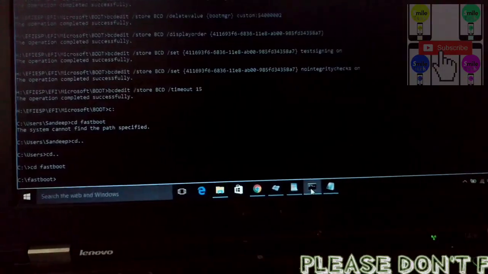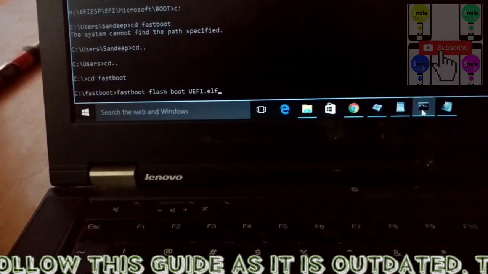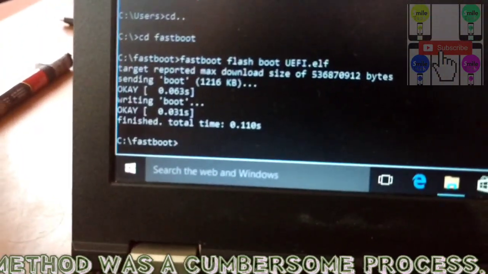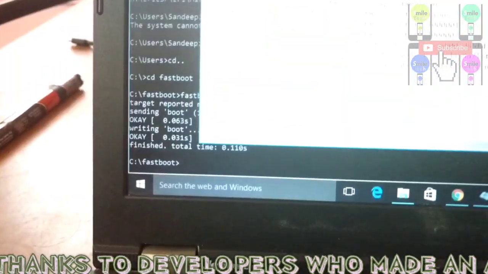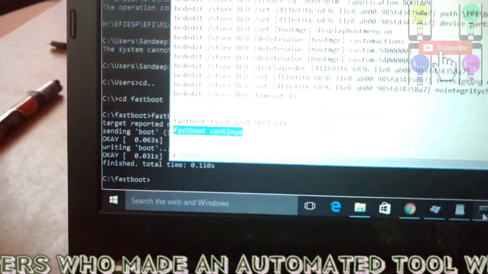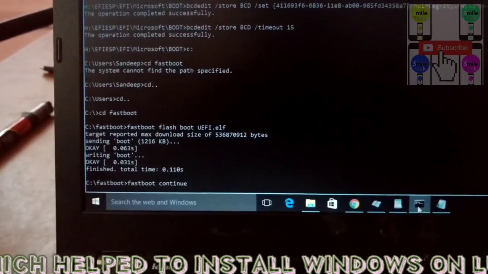cd fastboot. Okay, now I'm just going to copy the command from the notepad. I've written all my commands in the notepad. This is there in the Word document, so nothing to worry about. This is the command: fastboot flash boot uefi. Then I'm going here. Okay, if you see here, now when you click enter,